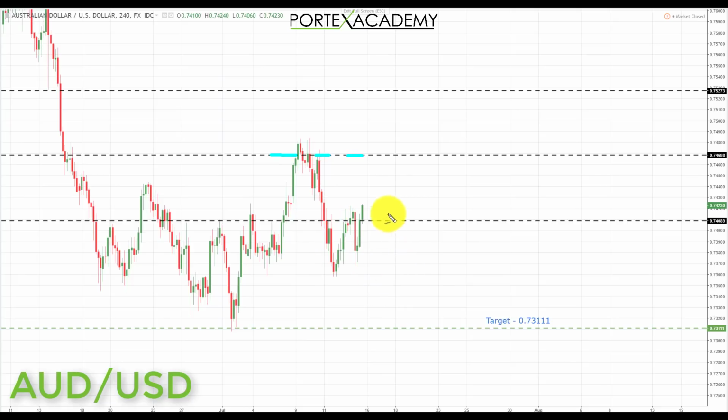Now, going into this week, we actually start the week above the 0.74089. So technically speaking, based around the process outlined here, we should be looking for further advances up towards the 0.74688. But with the strength in the dollar, it may be more prudent to consider this currently as a deeper test of the 0.74089 rather than a break above it. Okay, more of a deeper test of this area, because we also have, in combination with the stronger dollar,